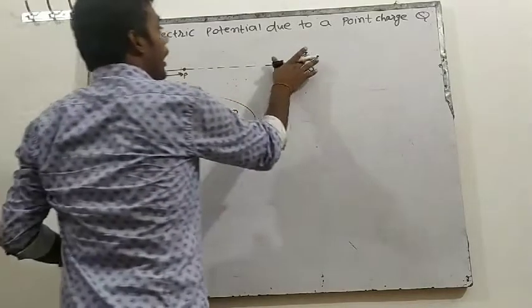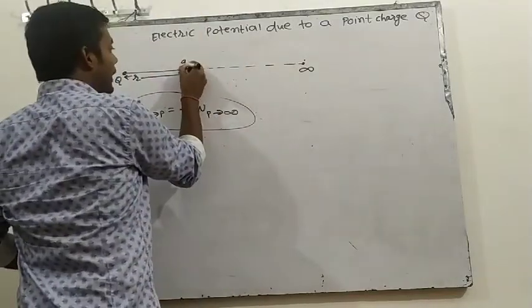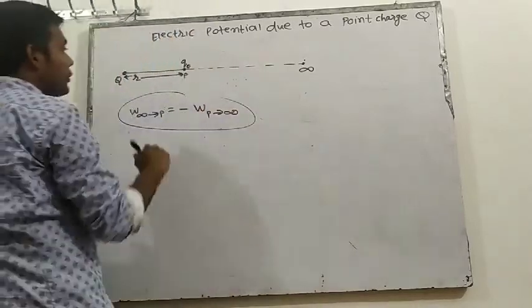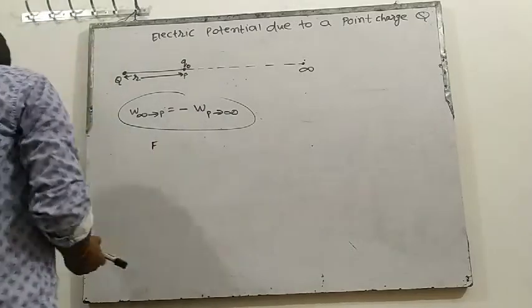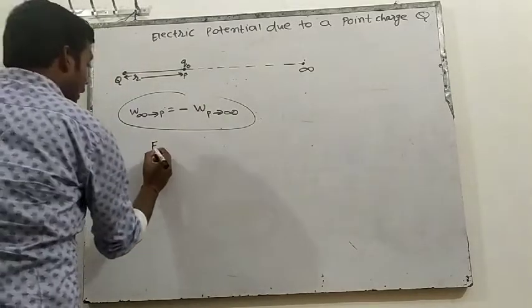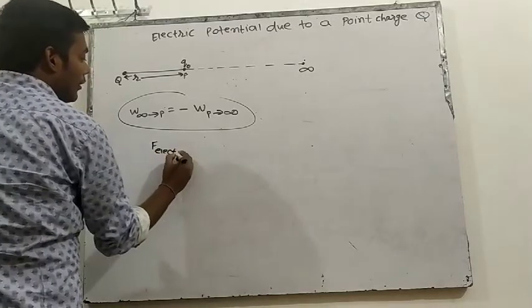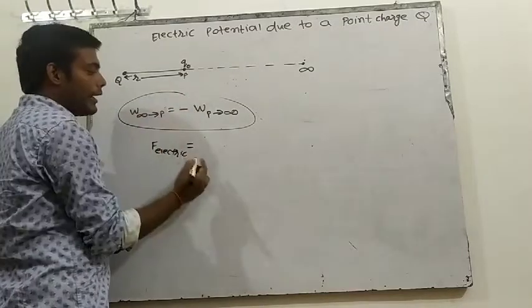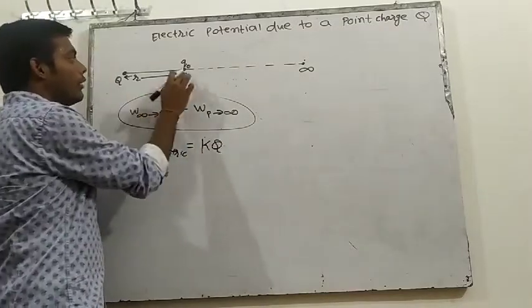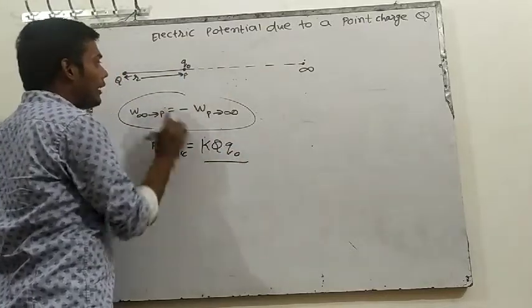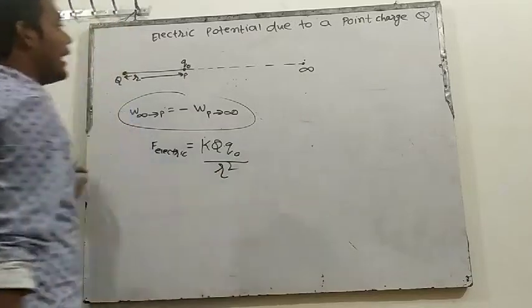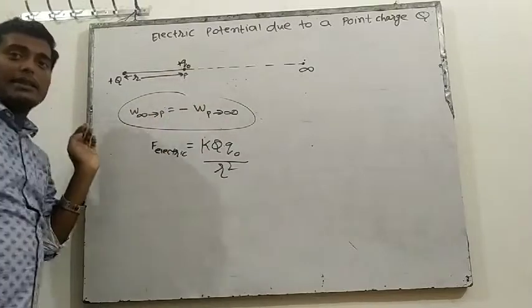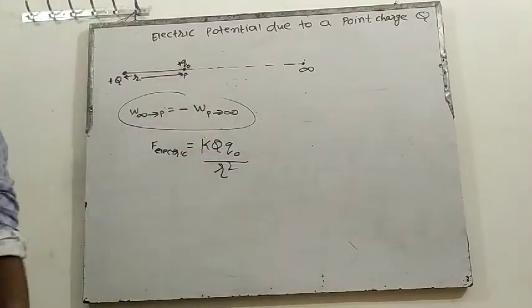So what we will do now is place a test charge on point P and move this test charge from P to infinity. So how much force is acting here? If I find the electric force, how much electric force is acting here, this will be equal to K Q1 Q2 by r square. So this will be K Q1, and this is the test charge Q2, by the distance r square. This is the electric force. This source charge is positive, and the test charge is also positive. So what will be the direction of this force? Think about it.